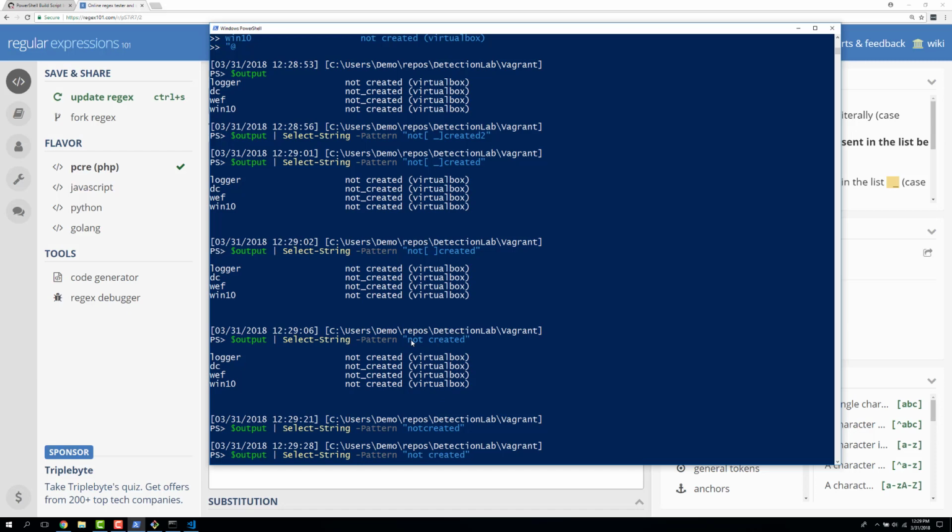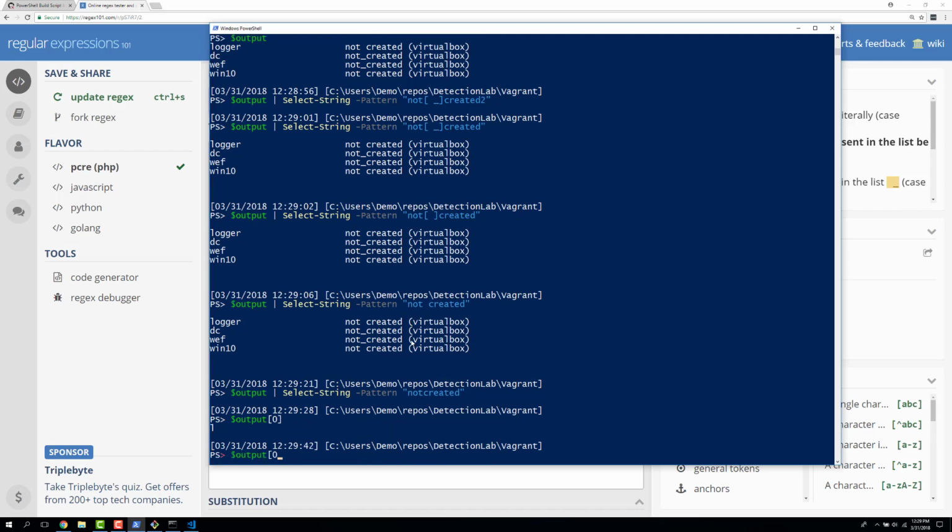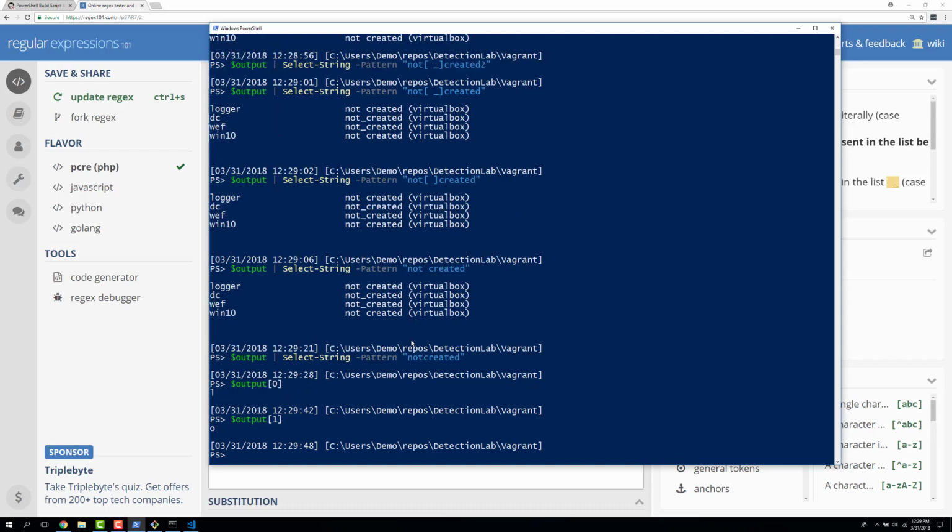Why is that working? Oh, it's seeing the whole thing as one string, right? What if we do, oh no, that's not... Crap. All right, how do we fix this? How do we try this out? We need